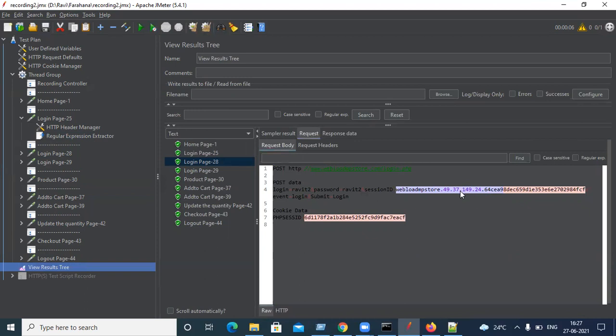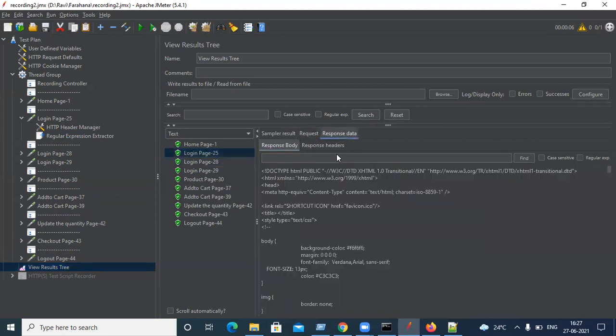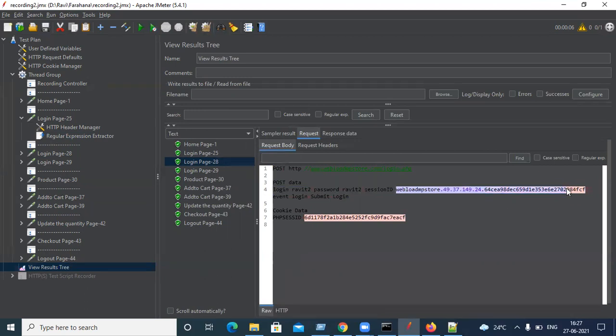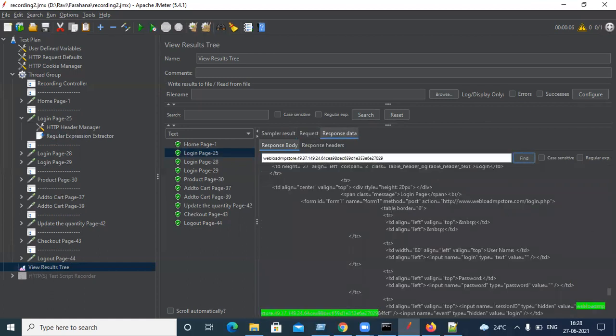Okay, so now if I copy this and check in the 25th response, it should be matched now, right? So in 28, let's copy the value, Control C. Then the 25th, because in the 25th we had an extractor. Response. Fine. See, we got the value. It means the correlation has been done properly.